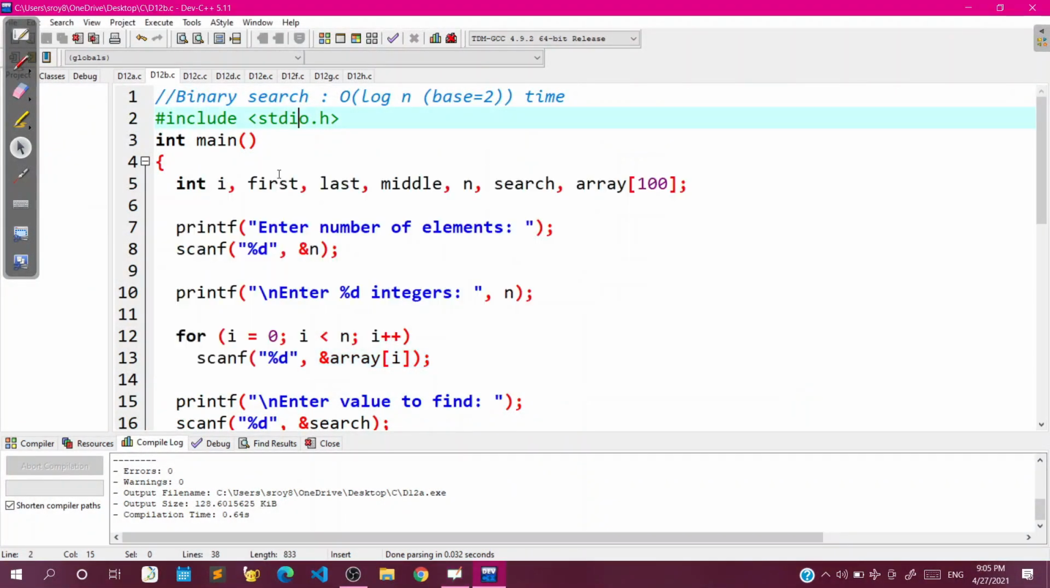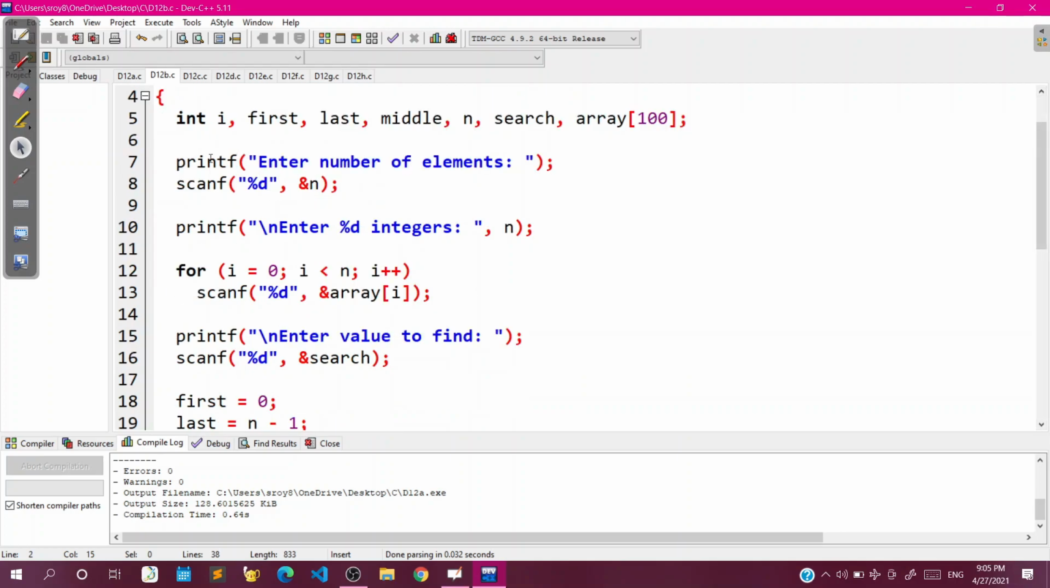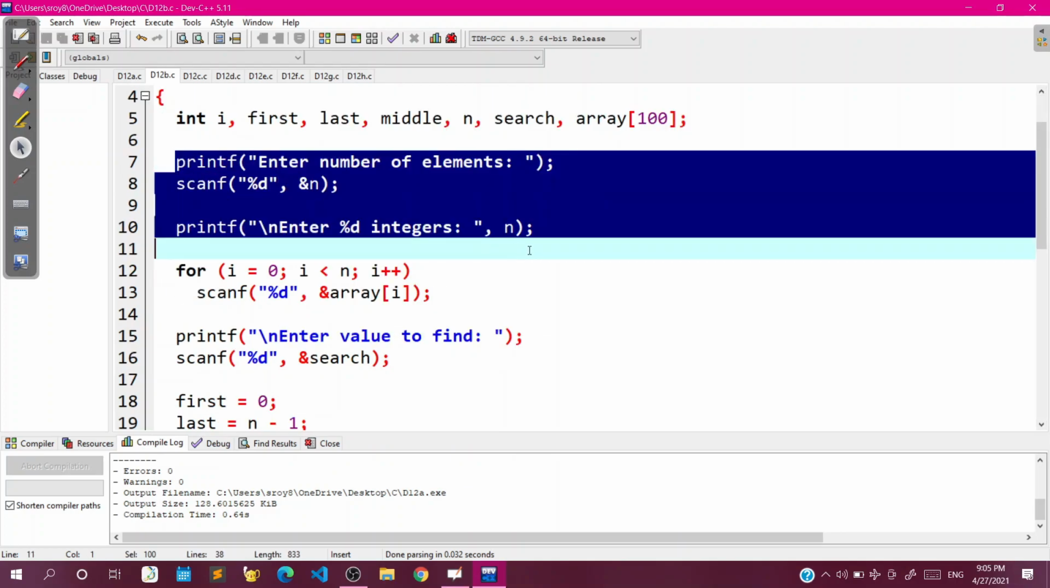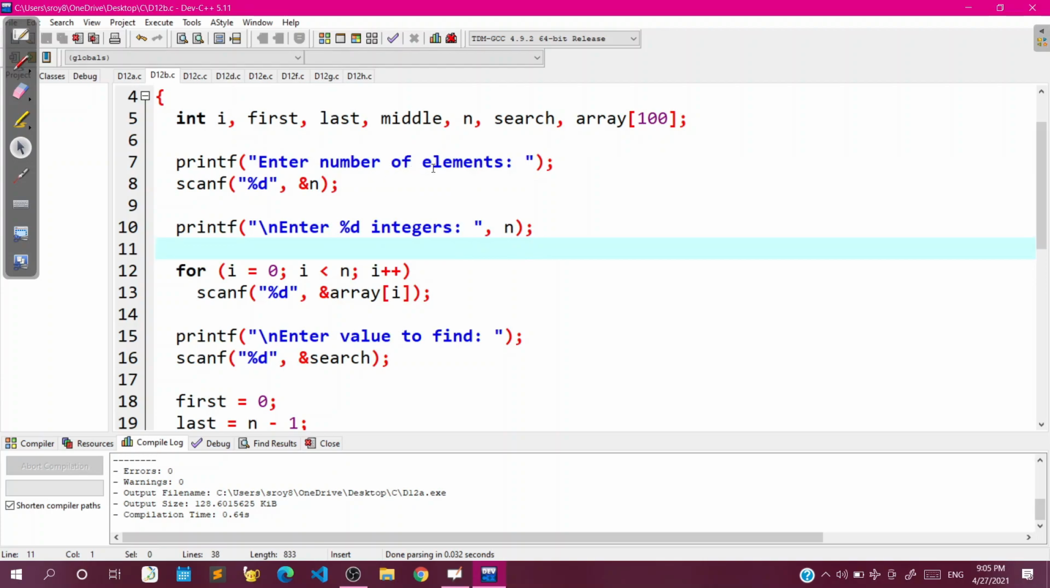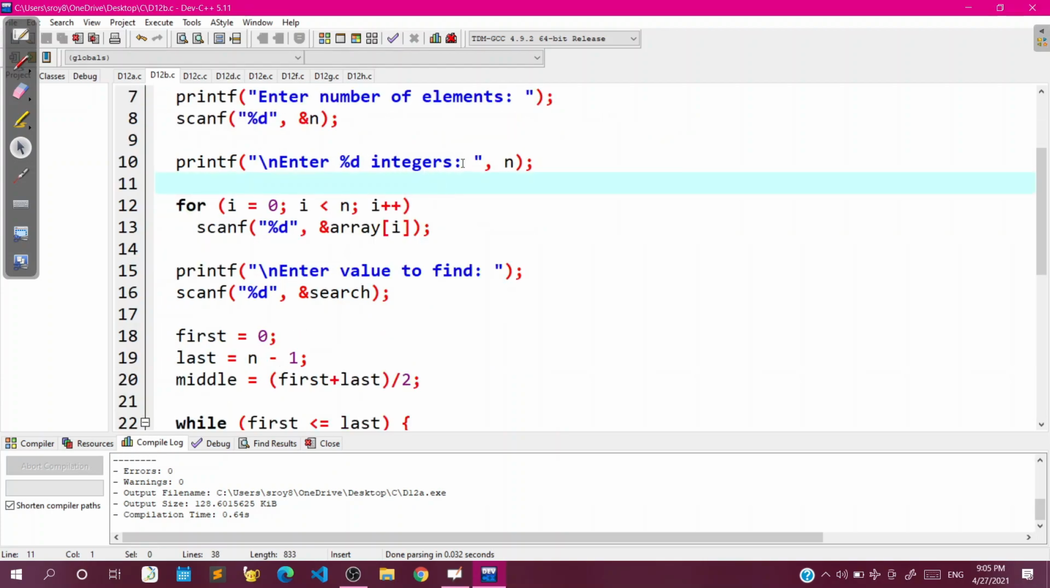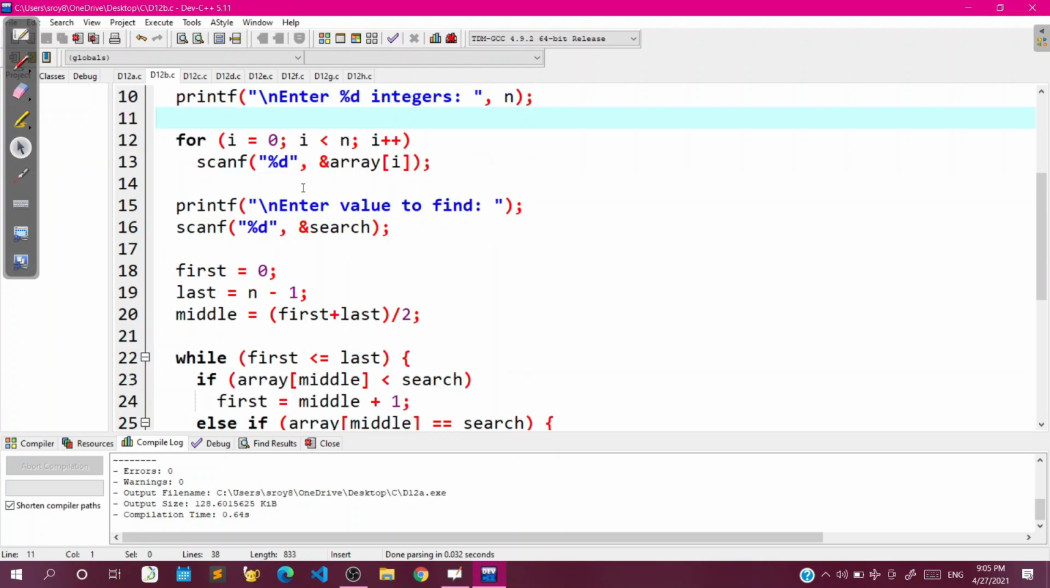Let us try out this in the editor again. So here is the binary search code. This is all related to user input. You have seen in the previous program, we have taken the size and then the number of all the integers one by one. After taking input, we say what is the value you want to find and we store it